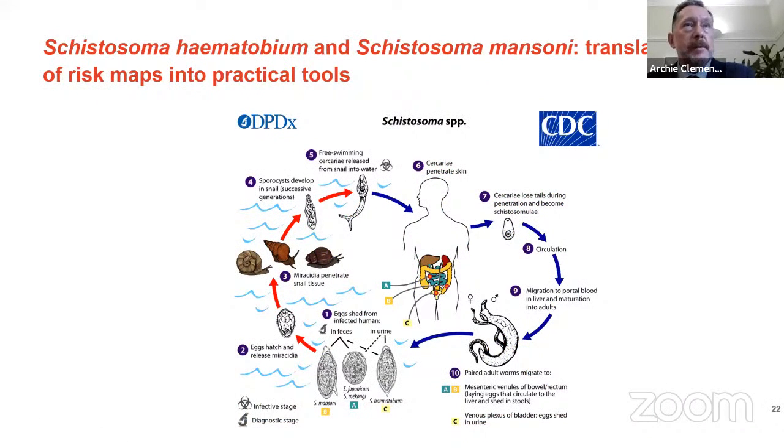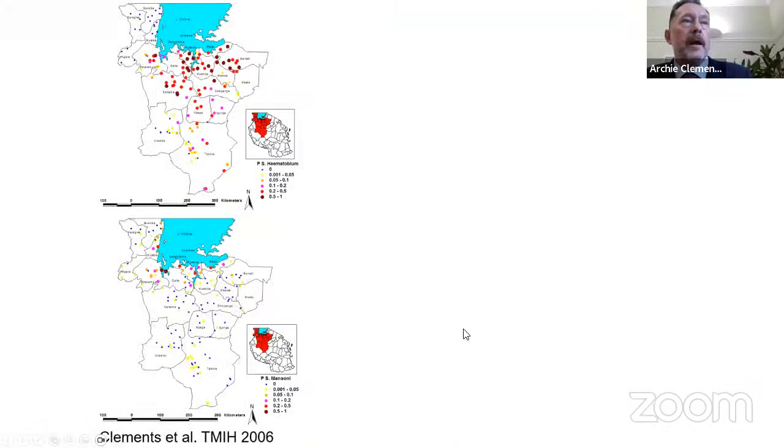Schistosoma hematobium and Schistosoma mansoni, which are the African forms of schistosomiasis, are a little different in that they don't have a major bovine intermediate host, and the aquatic environments are much more important as direct sources of infection because they provide habitats for the intermediate host snails and the free living stages. And I wanted to show you this analysis because it was taking those really interesting spatial prediction studies to the next level and thinking about how we can use this information to actually inform a real-world public health program.